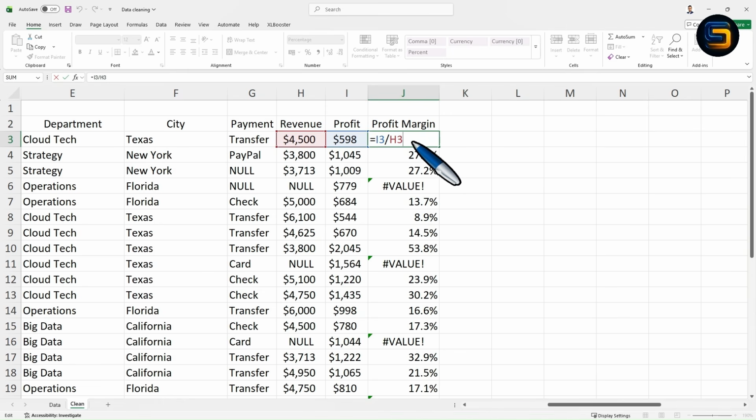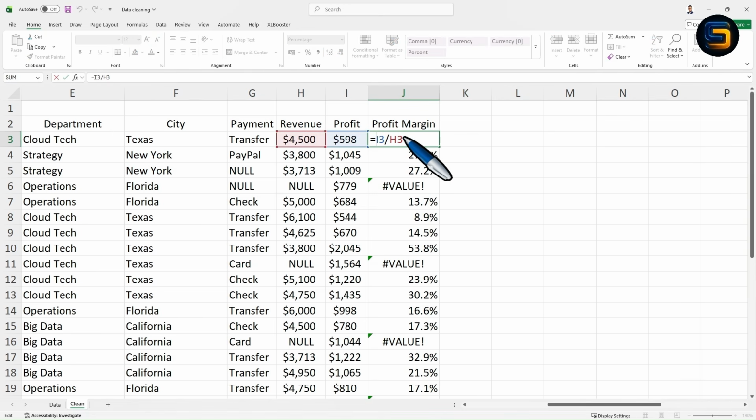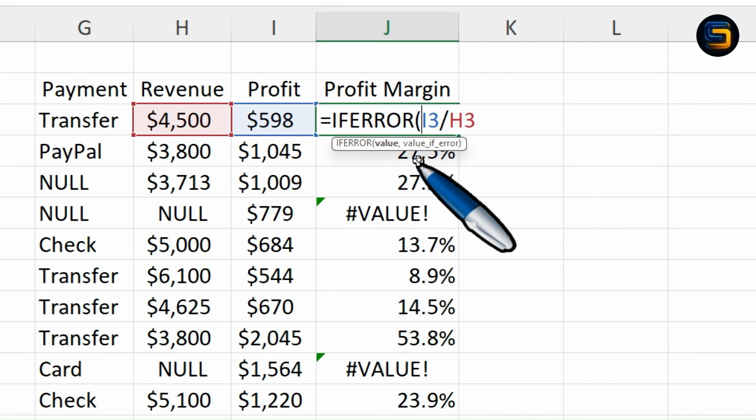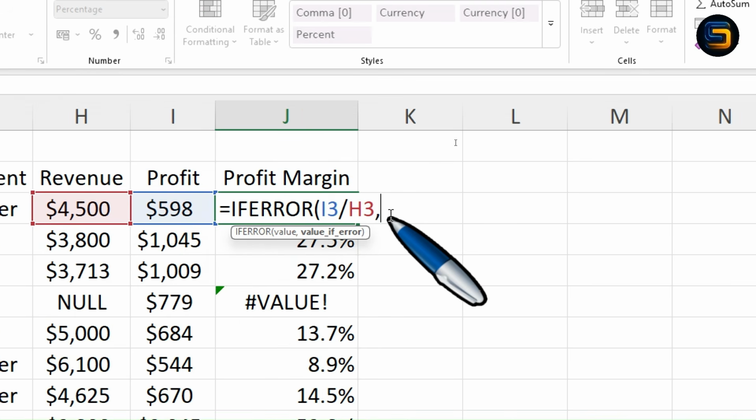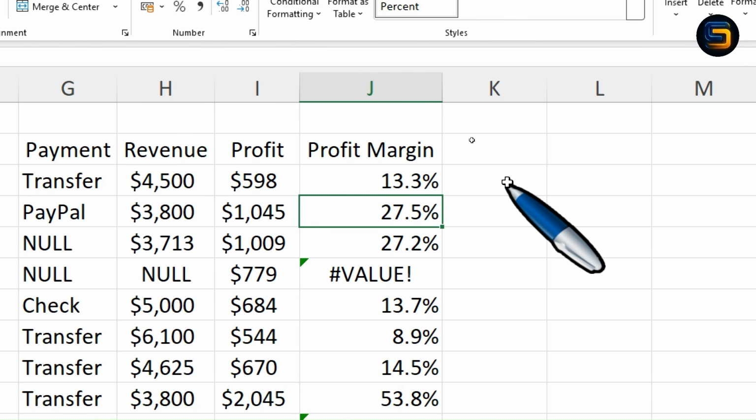Now how can we handle the errors? Let me click enter. Let's suppose I don't want to show the error in this way. Instead of the error, I want to show a different value such as 0%. So what you can do is replace the error with the help of the IFERROR formula. Let me write here IFERROR. This is the IFERROR formula. Let me zoom in. These are the arguments, the first being value. If this value is valid, it will return the same value. If the value is an error, we can replace it with a different value, such as 0. Now if I close the bracket and hit enter, you will get the profit margin, right?